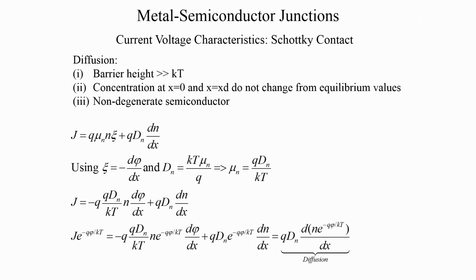So, in order to, we will first look at the diffusion current, okay. And we will see why it is called diffusion and where that comes about. So, we are going to make a few assumptions, okay. Without these assumptions the mathematics can get very difficult, and therefore, we have to make assumptions in order to look